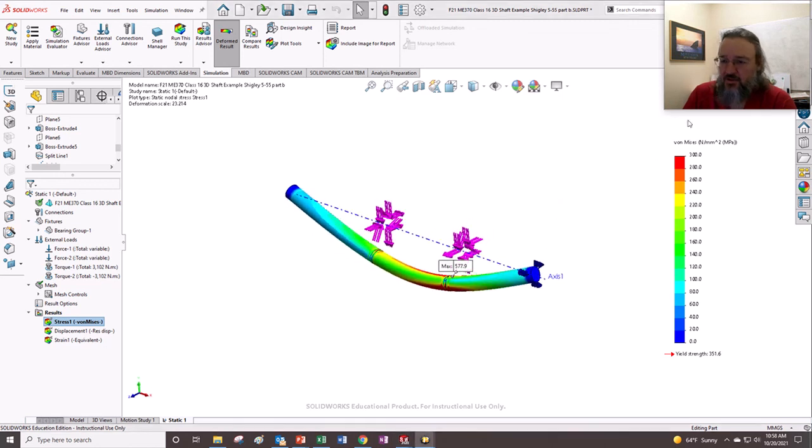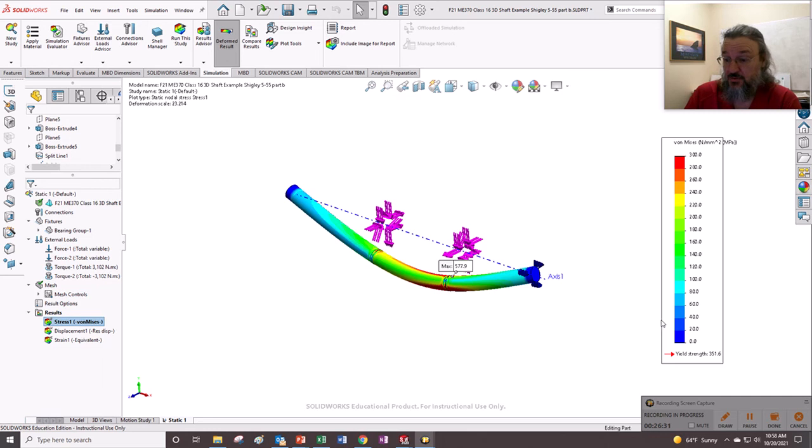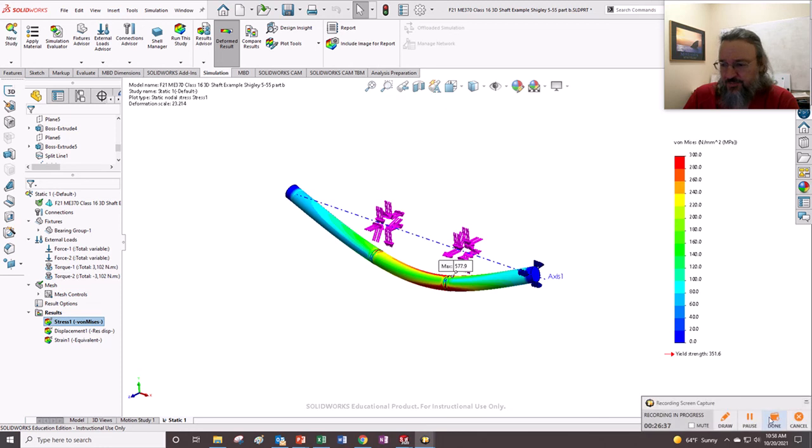So I'm going to end the video because it's going to be too long and not going to be as useful. But I'm going to pick up with another video where I'm going to redesign this shaft, and we could redesign it either with these stress concentrations or without them. But we want to just have that experience of redesigning. So I'm going to be